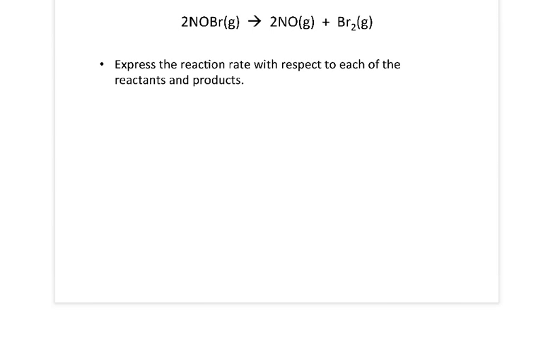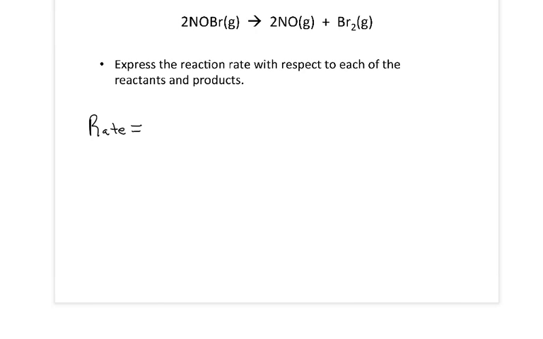Now we can express the reaction rate with respect to any of the reactants and products, but we have to be a little bit careful because, as we can see in this example problem, if I make 1 mole of bromine gas, I'm going to be forming 2 moles of nitrogen monoxide. And so when I express the reaction rates, I have to take the stoichiometric coefficients into account. In this first problem, we're asked to express the reaction rate with respect to each of the reactants and products. And so to do that, we would say that the rate